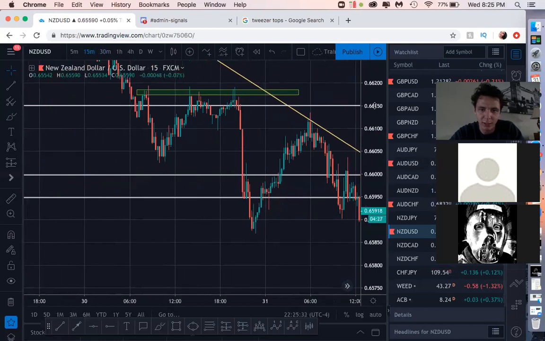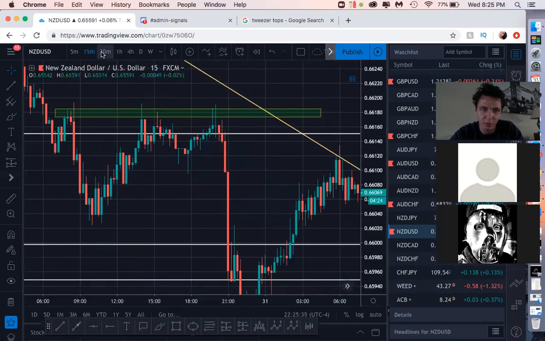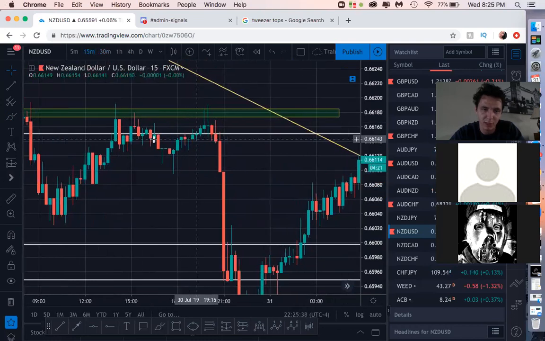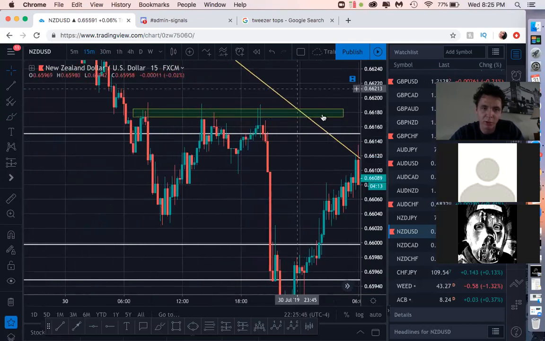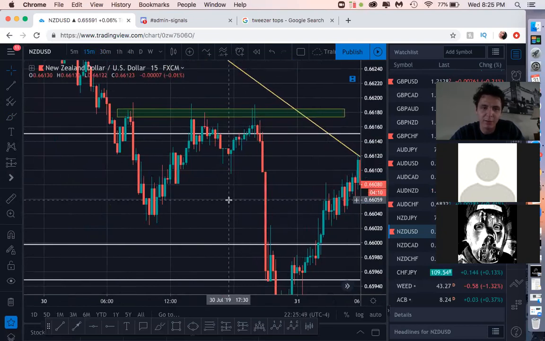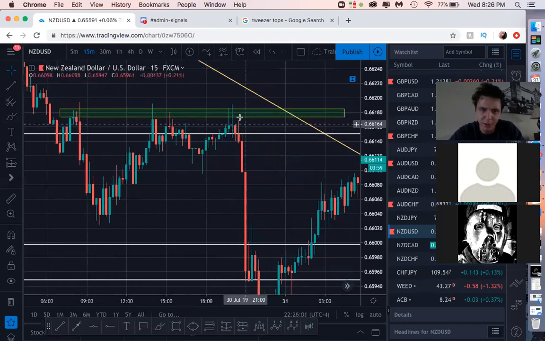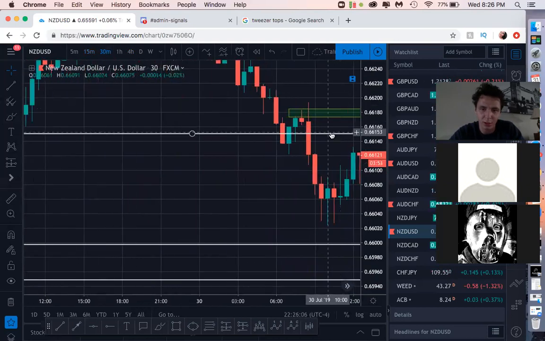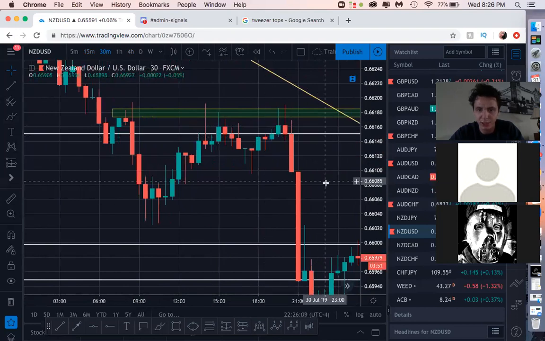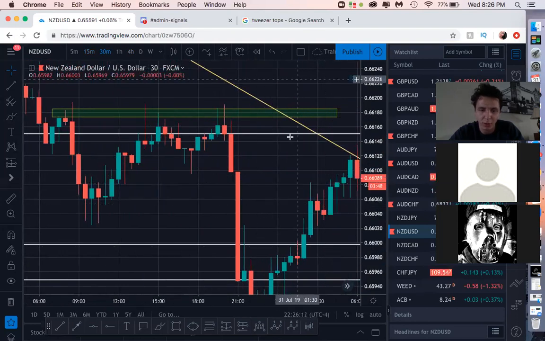And if you wanted to tighten up your entry off these tweezer tops on the 30-minute, if you were looking at the 15-minute, again, we have this double top aligning with the doji candle, that reversal indecision candle that also aligns with this liquidity area. I mean, if you're using these candles in no area of importance, you aren't going to be getting the same results as if you're using these candles in these important areas like this. So we got this reversal candle followed by a nice engulfing, which end up signaling our tweezer tops. So again, just ideal setup, modest take profit, nothing home run.